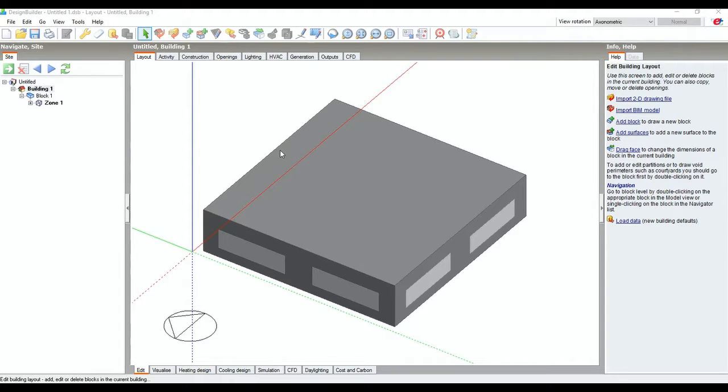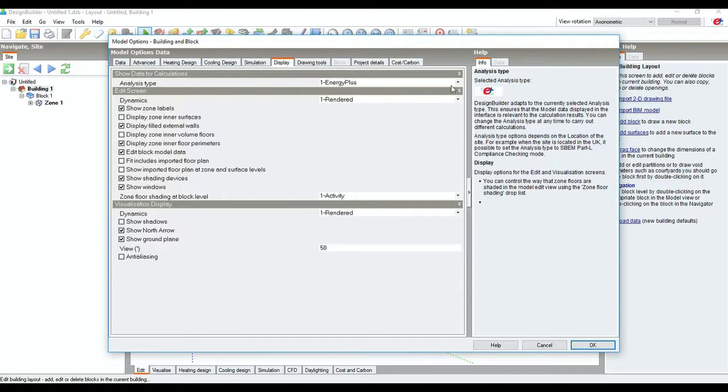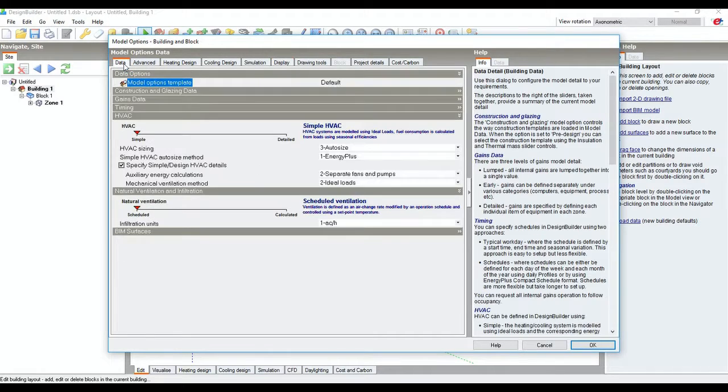To implement the heating system in the simulation of the building, first we have to create the building block, and then we have to go to the EnergyPlus icon on the top right corner. When we click that, the model data option comes in front, and if we go to the data tab, we can see that in